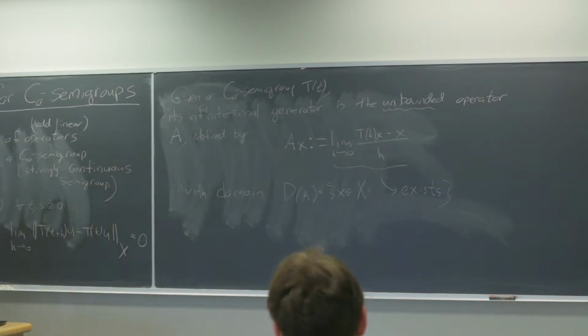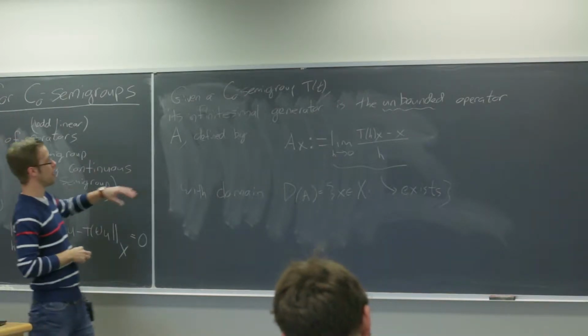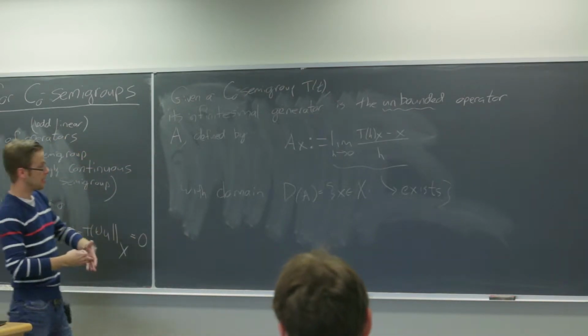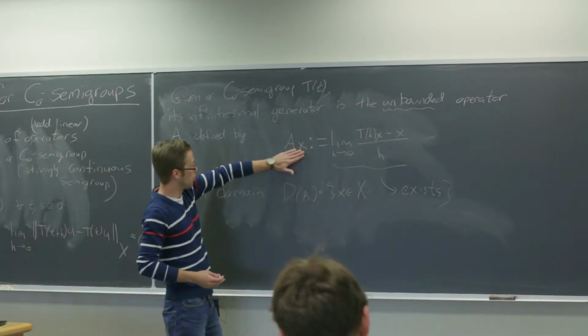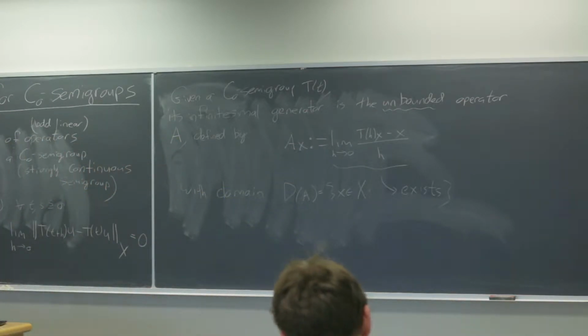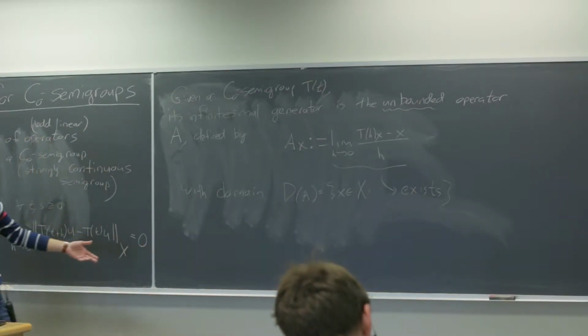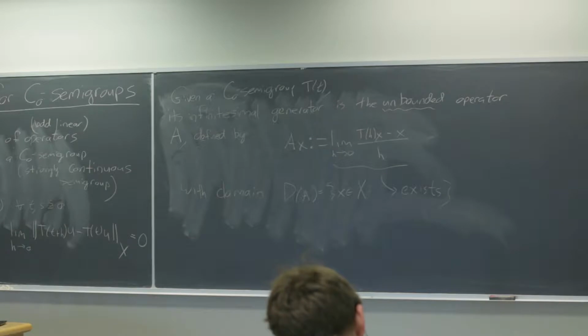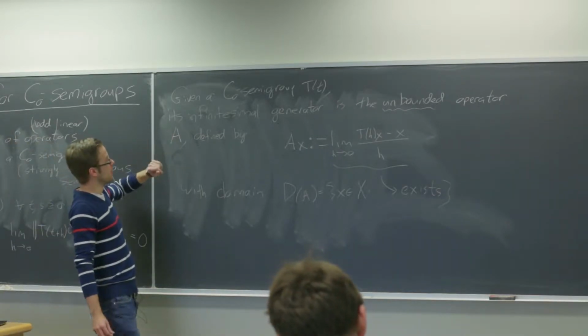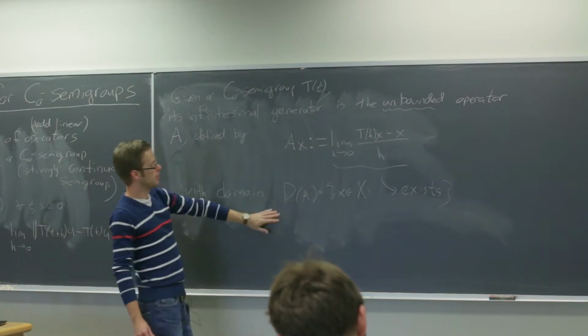Are we all familiar with unbounded operators on the Hilbert space? Yes, so in general, this operator is not going to be defined over the whole Banach space. It's only going to be defined on a subset, the domain. So this operator is only defined for vectors in the domain here. So its infinitesimal generator is generally an unbounded operator. This terminology is a bit strange because an unbounded operator can in principle be bounded. But in general, the infinitesimal generator of the C0 semigroup is defined in this way with the domain where this